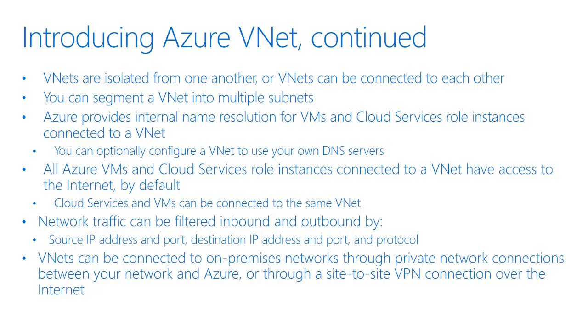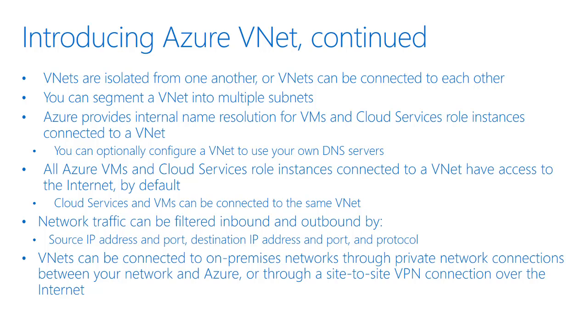Azure resources, such as the cloud service and virtual machines, can be connected, as we said before, to the same VNet. The resources can connect to each other using private IP addresses, even if they're on different subnets. Azure provides default routing between subnets, VNets, and on-premise networks, so you don't have to configure and manage routes.